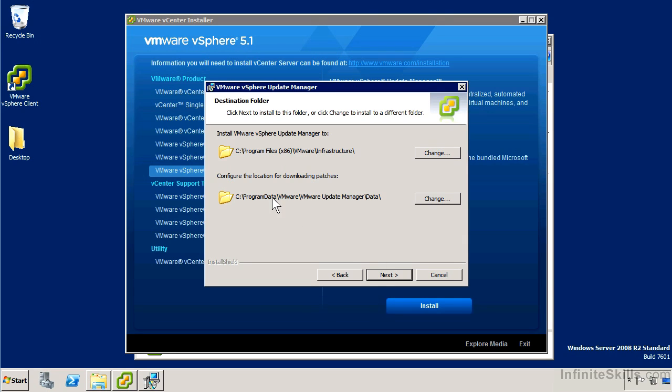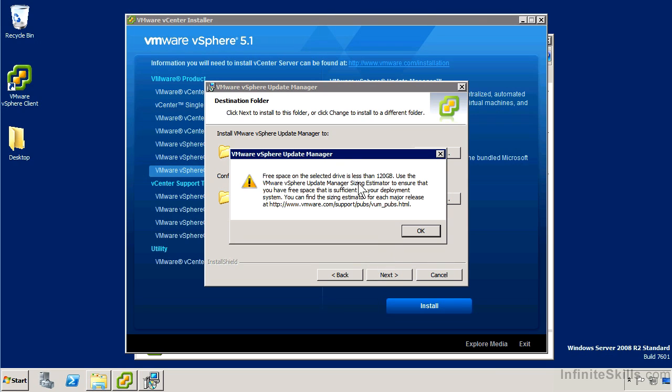Now moving the download patch location is really probably going to be the best idea, because that's where we're going to accumulate most of our storage. So as you can see, we've gotten a warning here that we don't have 120 gigs of space available. That's not necessarily a problem. Potentially, we can always expand the space available to it later,